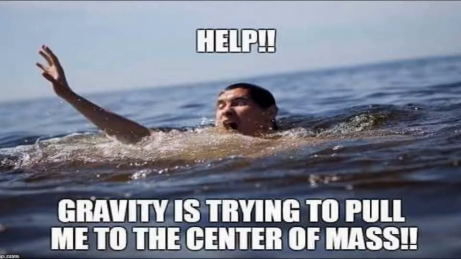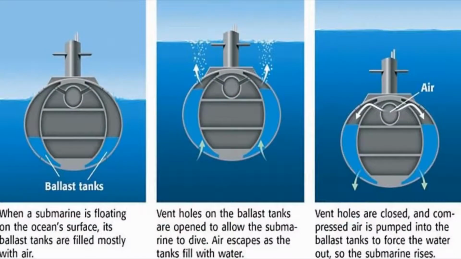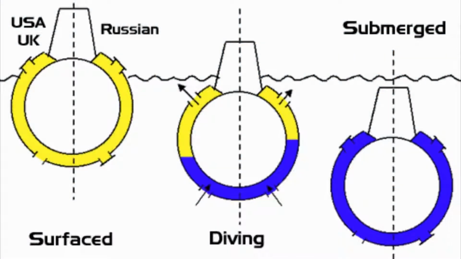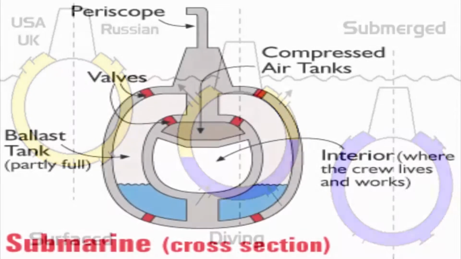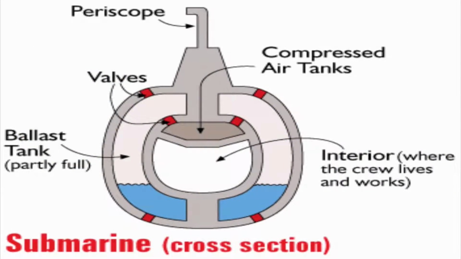they're empty? Submarines float on the surface when their ballast tanks are filled with air, but when the vents are opened and seawater floods in, they begin to sink as the submarine's density becomes greater than water. Depending what depth they wish to dive, sailors simply adjust the ratio of air and water in their tanks, and when ready to resurface, they blow compressed air into the tanks, forcing the seawater out, lowering the density, and thus causing them to rise back to the surface.